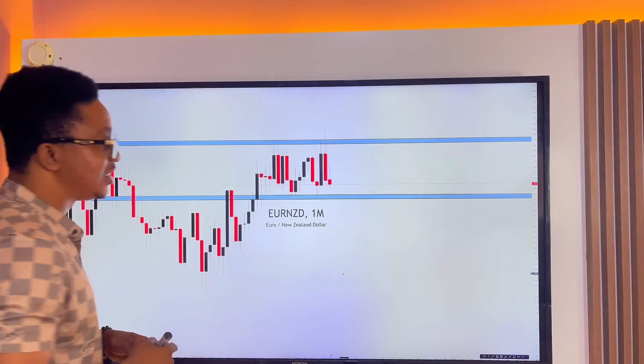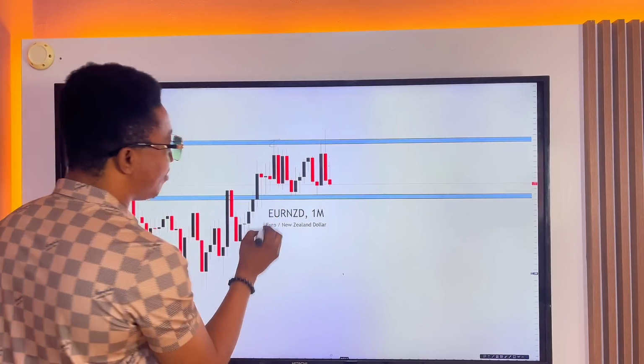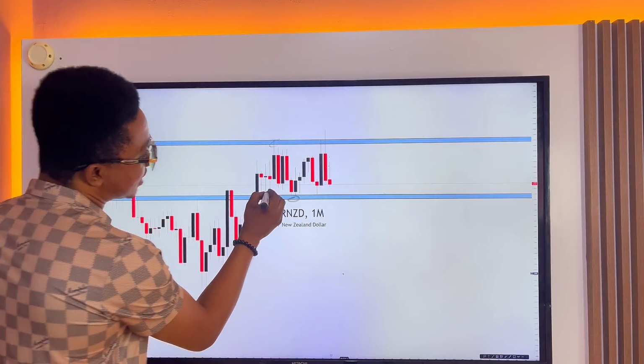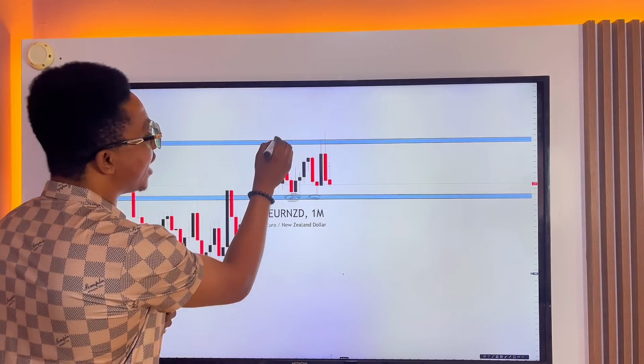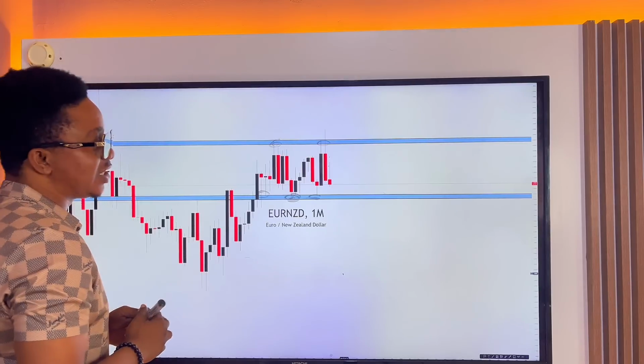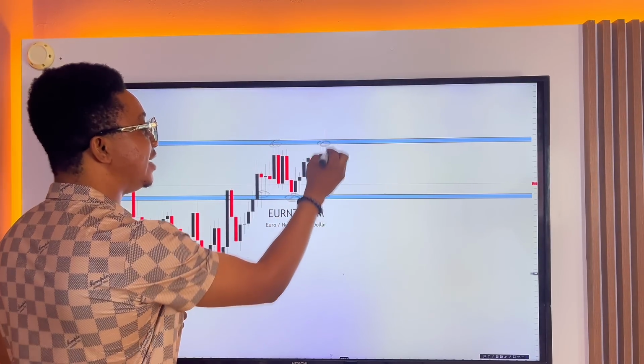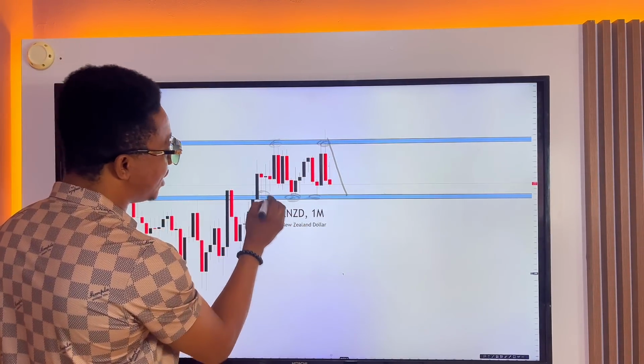Eurnzd, let's take our time and explain from the monthly. We have the monthly upper zone and the monthly lower zone. We are seeing buy pressure for monthly support level and then sell pressure for monthly resistance level as well. But the sell pressure on the monthly is so strong that it's heading all the way down to the next